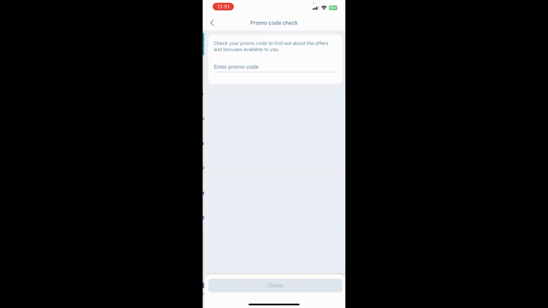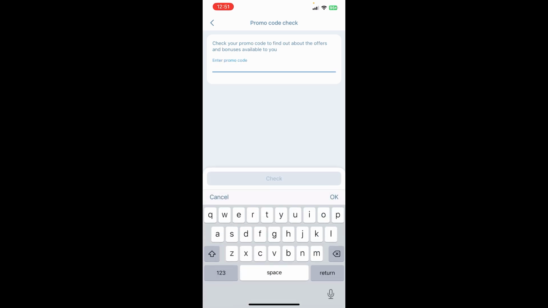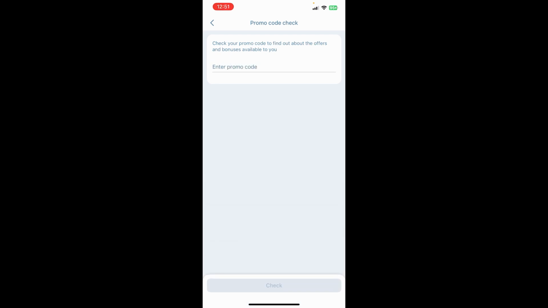Once you click on it, you will be redirected to the promo codes check section where you need to enter your promo code over here on the screen. And finally click on the check option just down below on the screen, and you will be able to check your promo code. So basically this is how you can check your promo code on the OneXBet app,